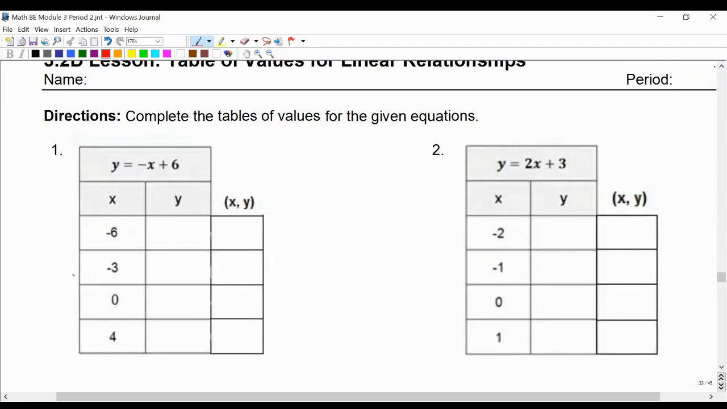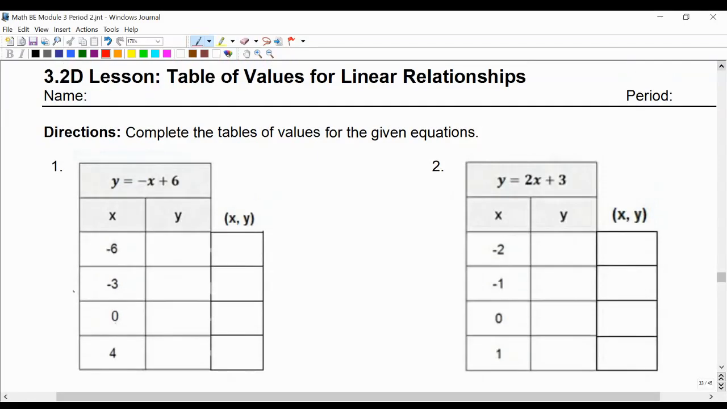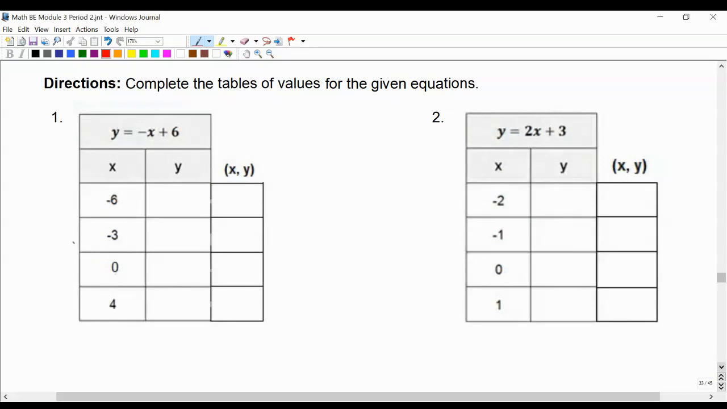This is the 3-2D lesson, table of values for linear relationships. We're going to complete the table of values for the given equations. Number 1, so the equation up at the top that we're completing is y equals negative x plus 6. And they've picked x values that we're going to plug into this equation. So they're going to get all plugged in, all of these x values